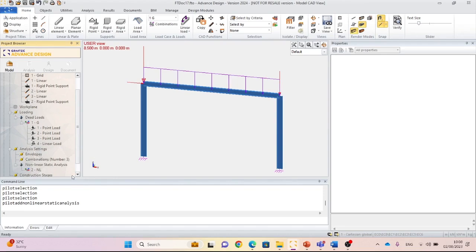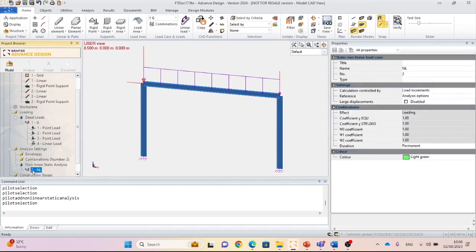A nonlinear static analysis is selected. I am going to enable the large displacements because I would like to take into consideration any P delta effects. I would like the solver to use the deformed shape of the structure in each step to describe the equations of the equilibrium, and